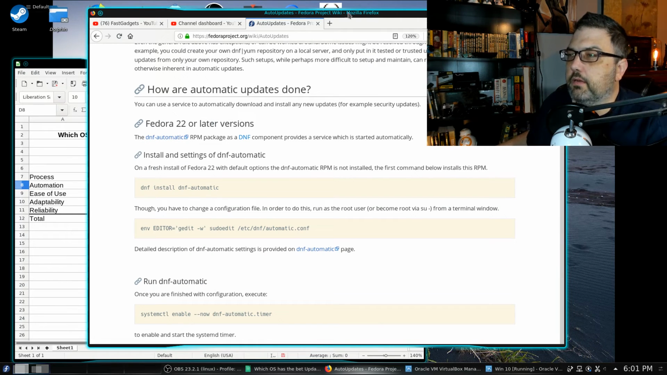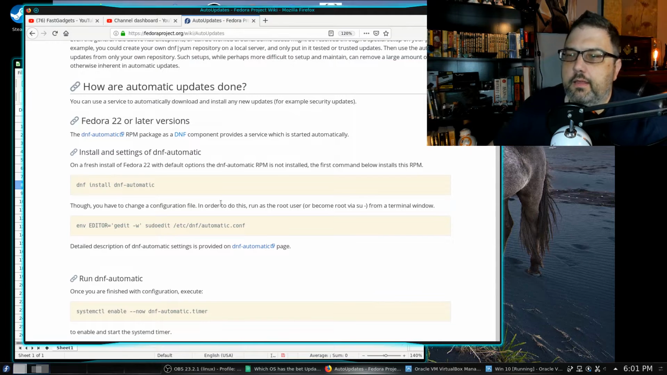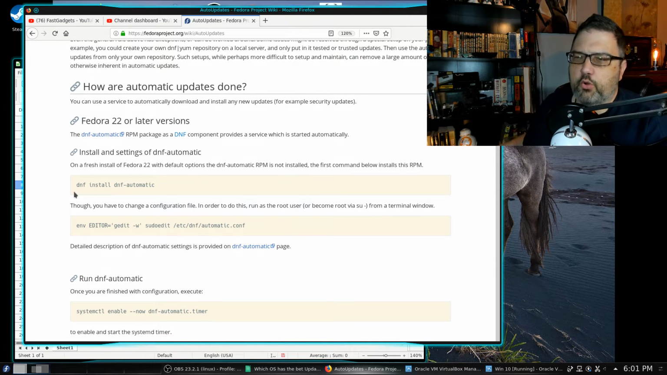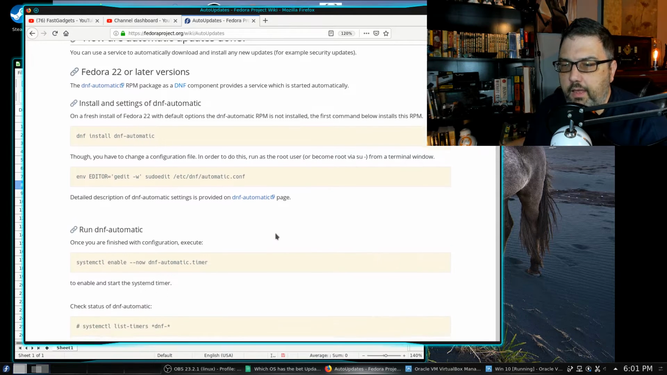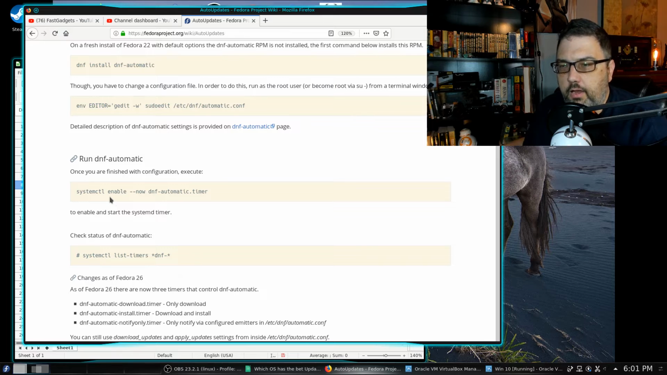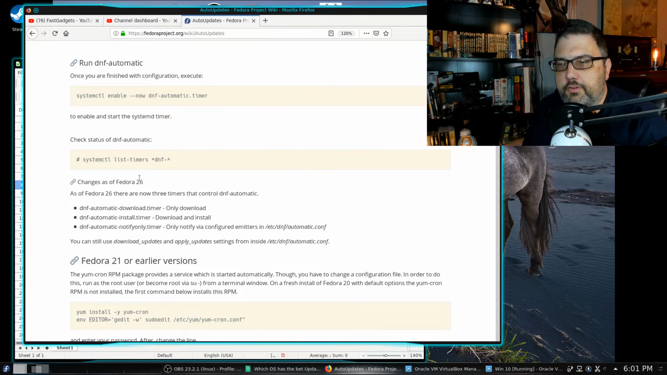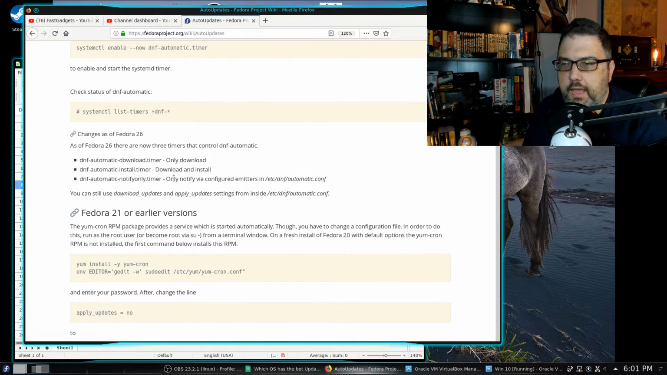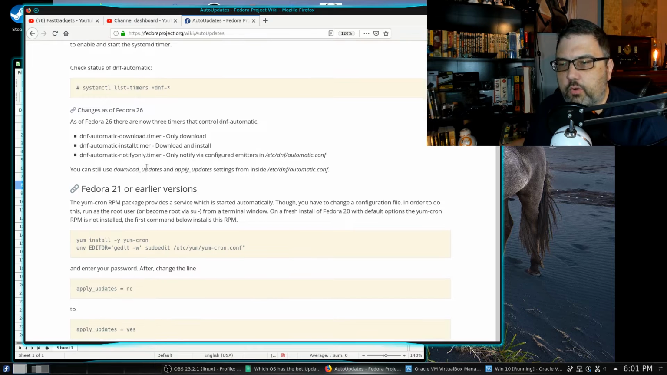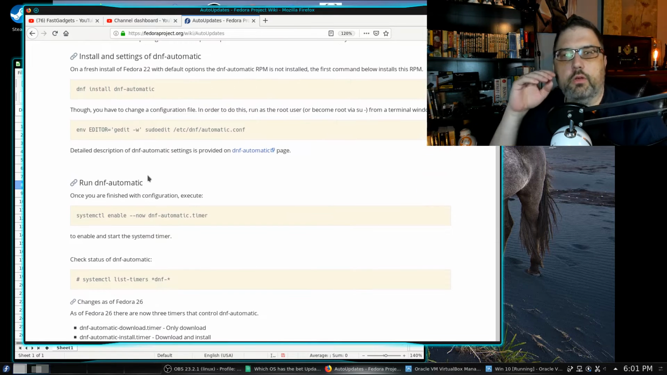Let's make things a little bigger so you can read it. First thing you have to do, of course, is go to the command line, and they're not even telling you that you actually have to do a sudo. So you have to install the package for DNF Automatic. Then you have to do some editing of automatic.conf. You have to run DNF automatic and enable the timer in systemctl. You have to do a timer list, and there are some changes with Fedora 26. I'm sure it works fine, but